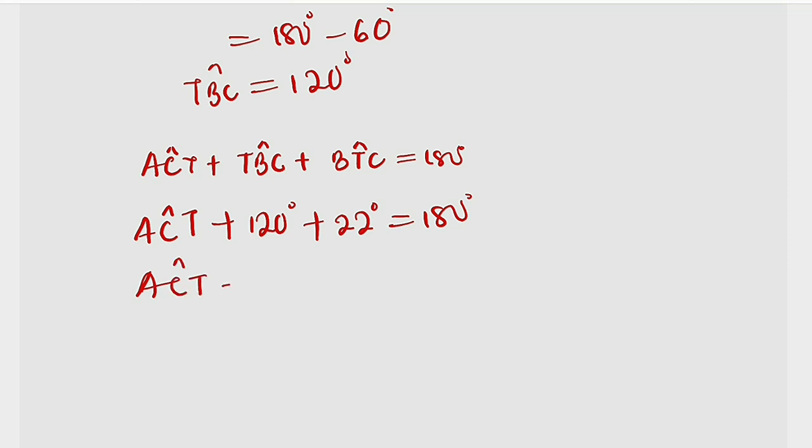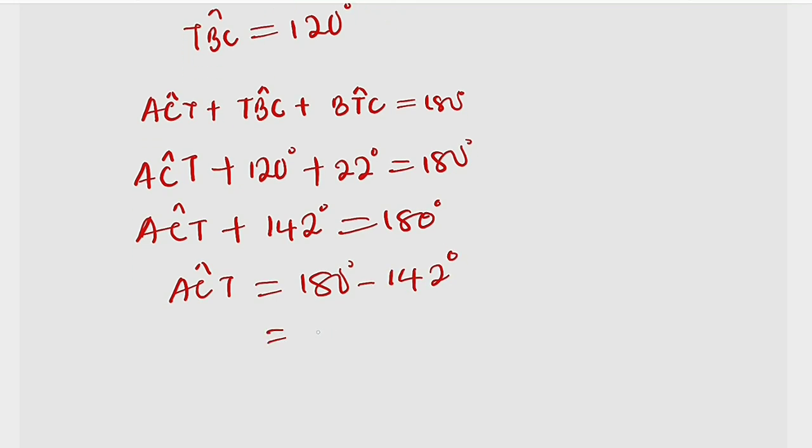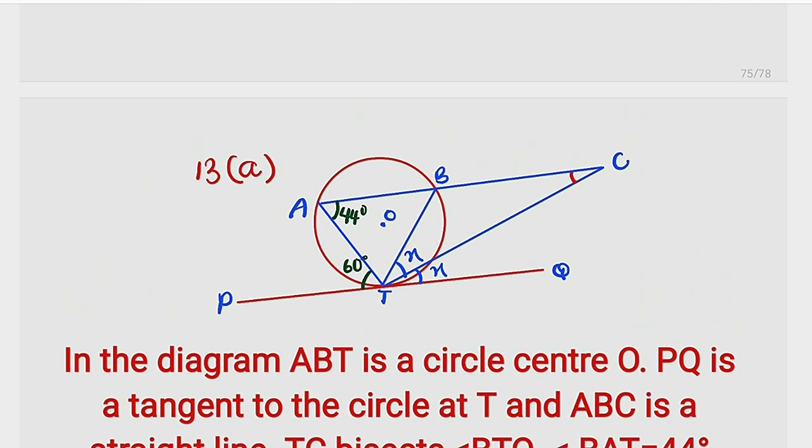ACT plus this together is 142 degrees equals 180 degrees. And finally, ACT, which we are looking for, is equal to 180 degrees minus 142. And this will give us exactly 38 degrees, which implies that ACT is 38 degrees, this particular angle, right here. But suppose you are dealing with objective questions, you can just do that mentally, or you can do